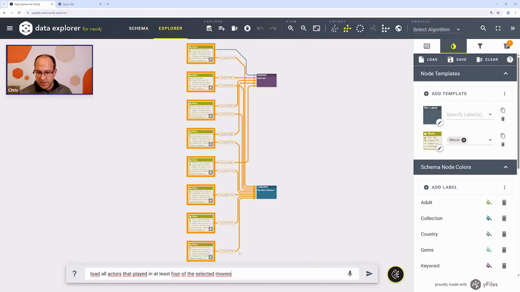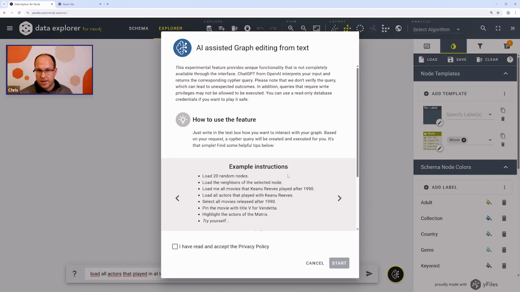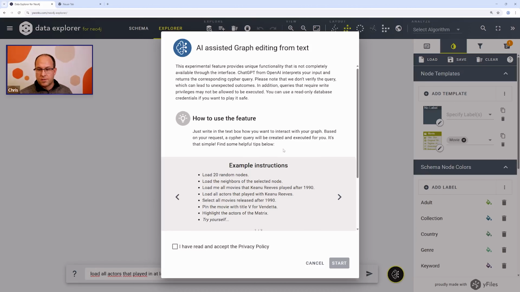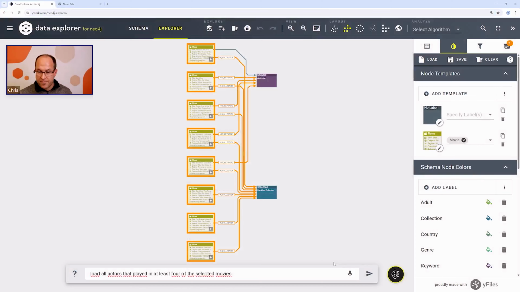So I've selected the movies, added the prompt, and now when I click, I first again get a consent prompt that explains a little bit the feature itself with some examples, and also includes what information is sent to OpenAI. And if you acknowledge that and start the query,